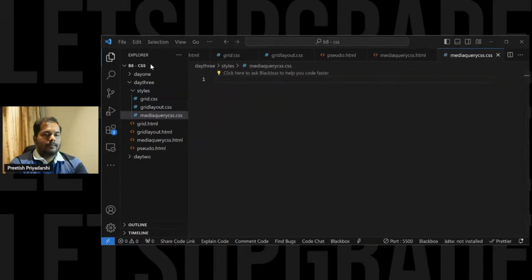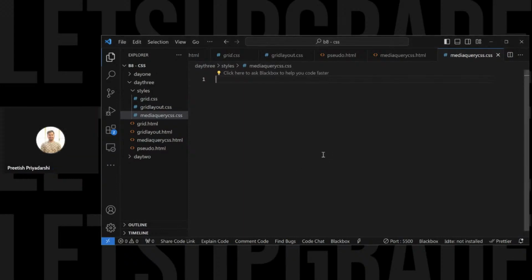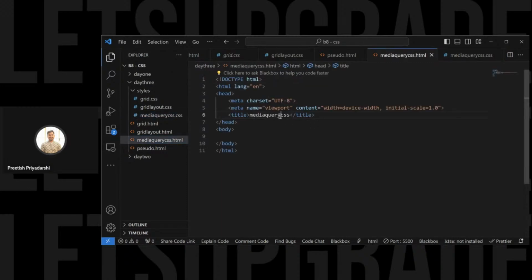Okay, so this is what we are doing right here. So we'll learn about media queries right here. So media query is done. One more thing what we can do right here is,